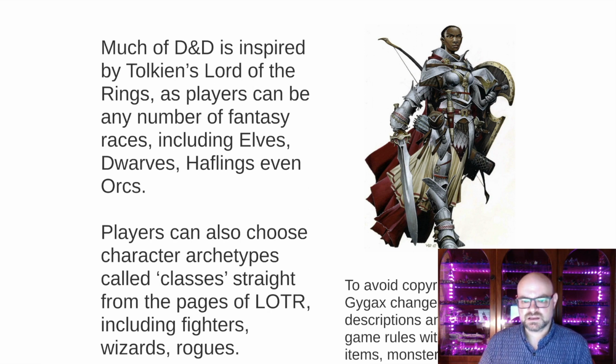In D&D, the typical player chooses a fantasy race, like an elf, a dwarf, a halfling, or an orc, and they choose a character class, and this is a wizard or a rogue or a paladin or a fighter. And so you have your race, which gives you specific things that you can do in the game, and your class, which gives you specific things that you can do. Wizards can cast spells, fighters are good with armor and swords. Rogues and thieves are good at disabling traps and getting into places and stealing things, of course.